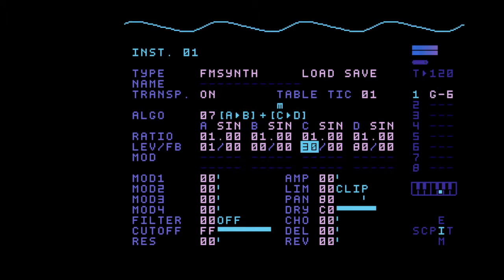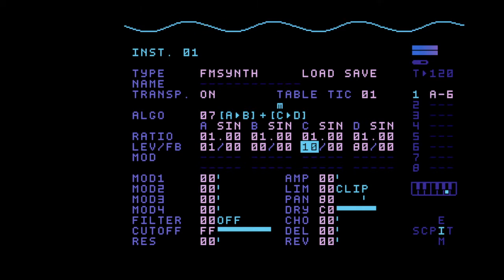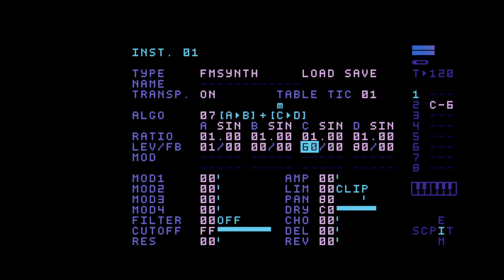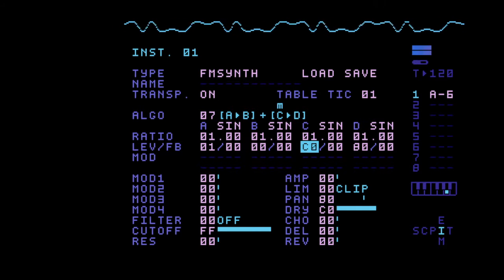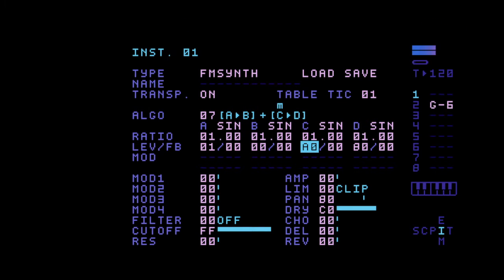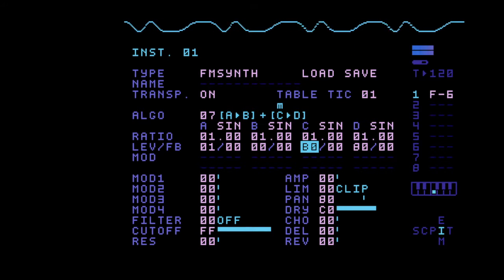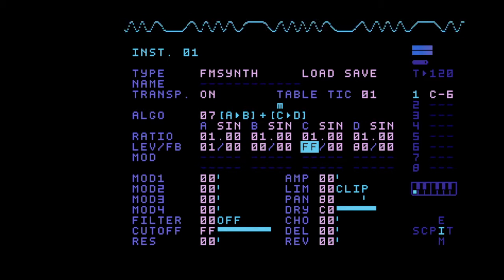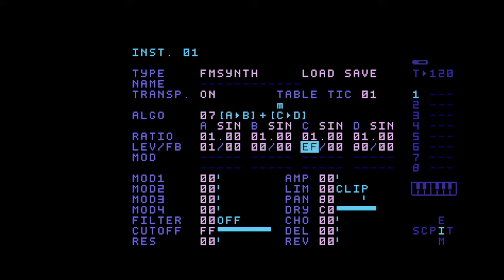And depending on how much we turn up the level of this, at 0 it's a sine wave. As we turn this up, it starts to get more triangle-y, almost sort of between a triangle and saw. When we go above 80, it starts to fold in on itself. So if we bring this back to 80,